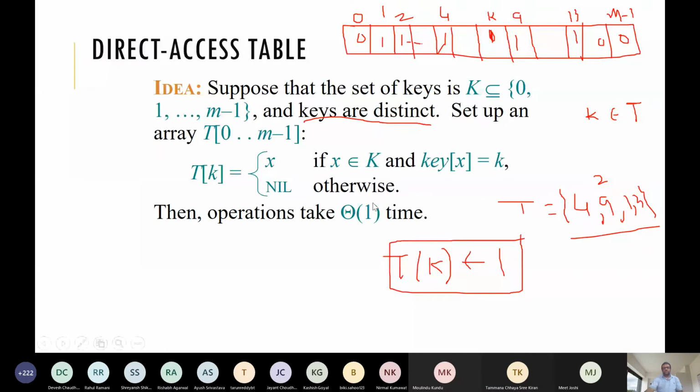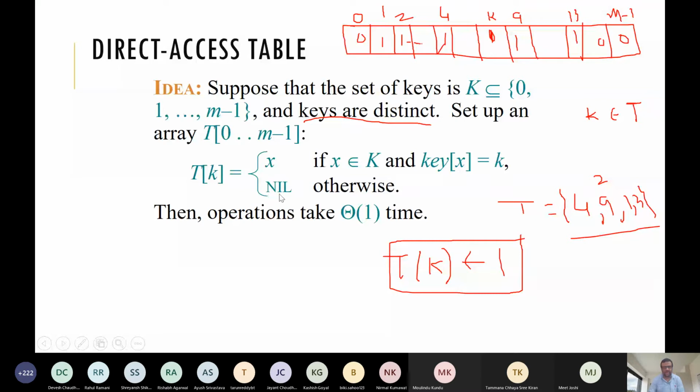So this is basically presence or absence. So this is 0 or 1 basically. This is the record, so we mean to say we are storing this record into that field. Suppose for example 1 is there. So T of 1 is present or absent. Who is present? The record is present there. So if the record is in the key set, whose key value is k, this is 0 or 1. So you can just think this is 0.